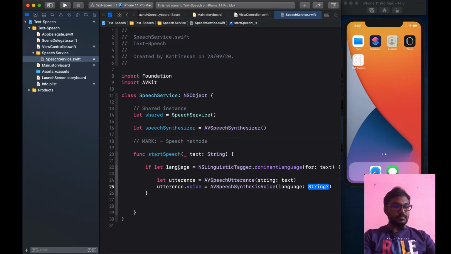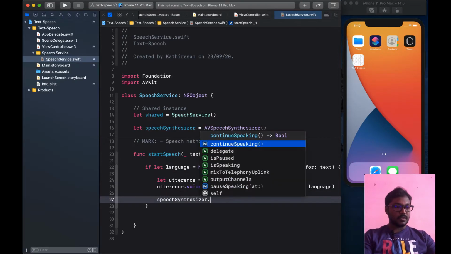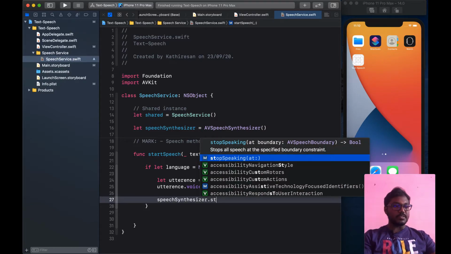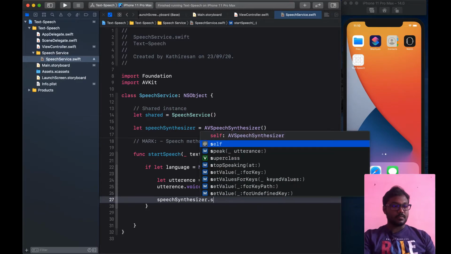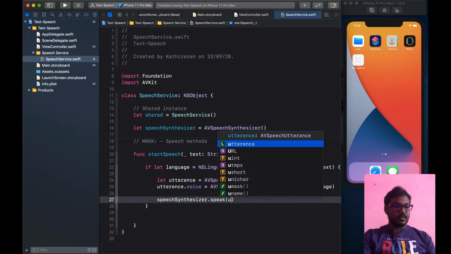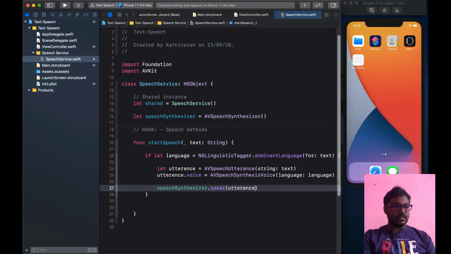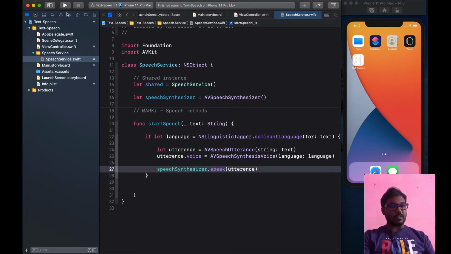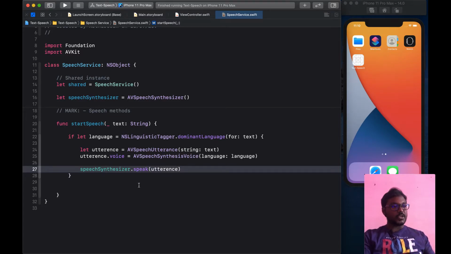So I am setting that on the utterance language. Then I am calling the speech synthesizer dot speak the utterance.